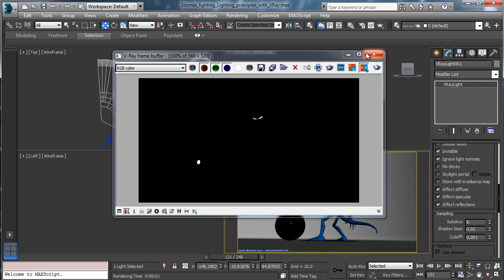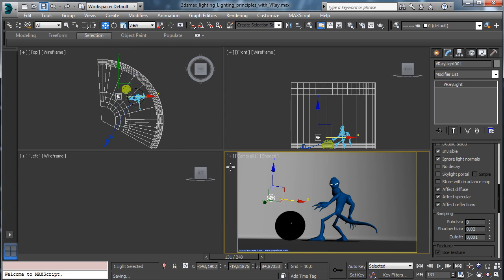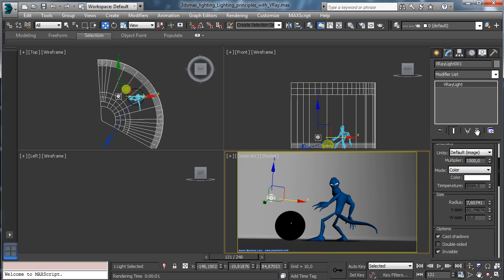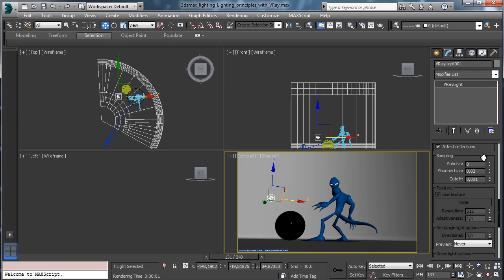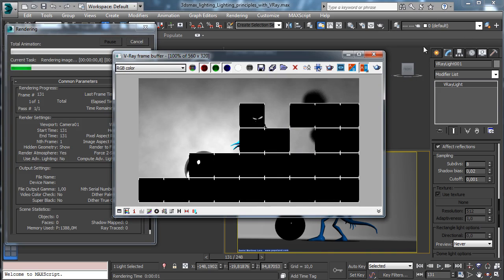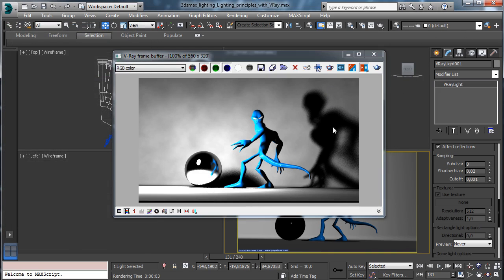So this kind of stuff works generally with all the lights in VRay. So you can do the same thing for the sphere, the same thing for the other plane, dome, and mesh. So we have other parameters there, and one of the most important is the subdivision. The subdivision is useful to have, let's see, the shadows. If we go to render, you see that there we have a huge, let's say,